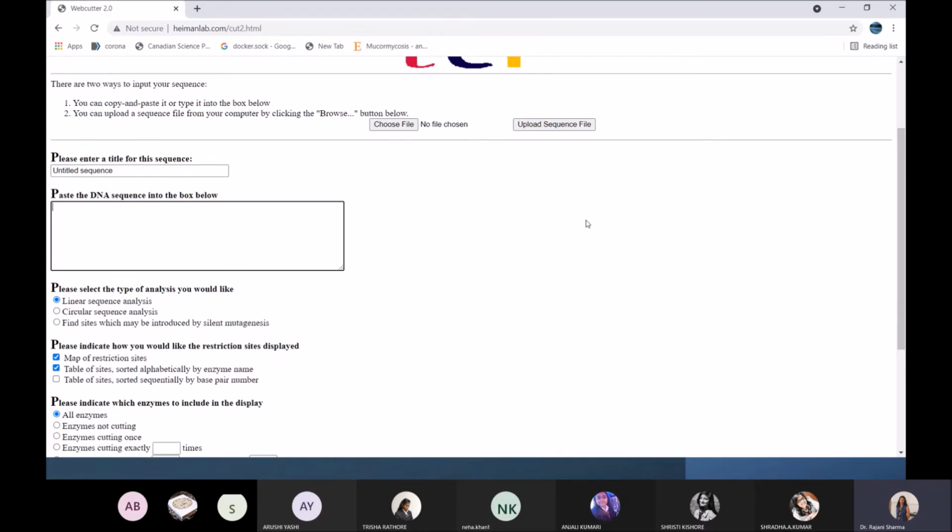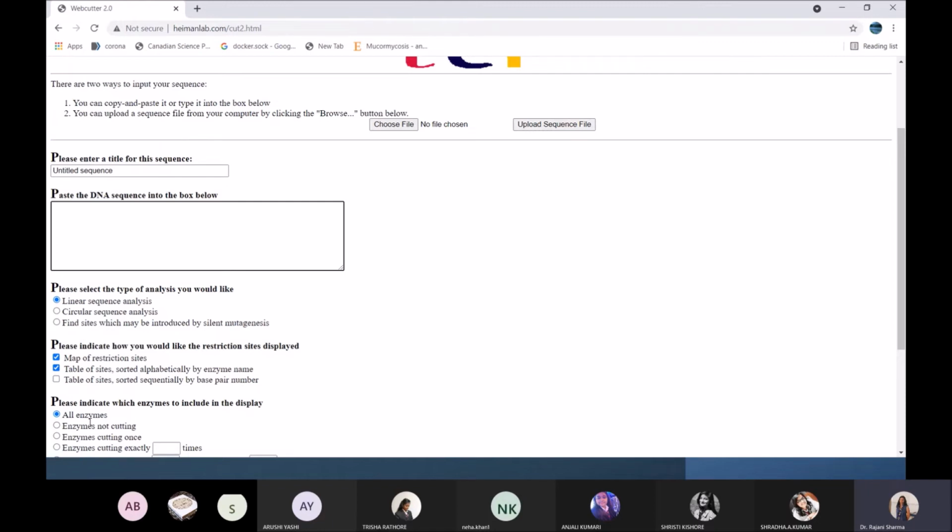Okay, so another thing you want to find out is the cutting sites in tabular form, and you will sort that alphabetically so that you don't have to scroll much. You are just going to scroll on the basis of their alphabets.